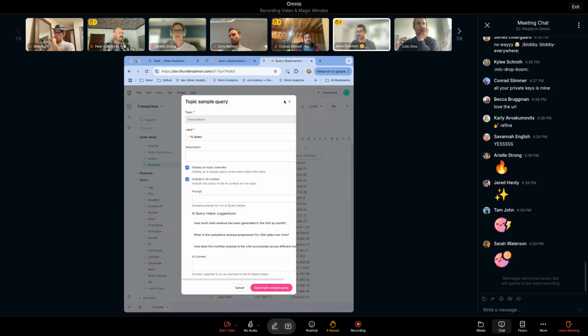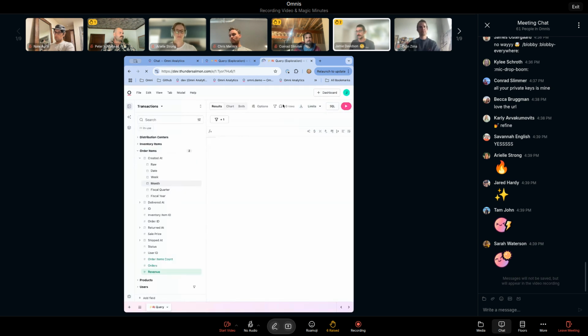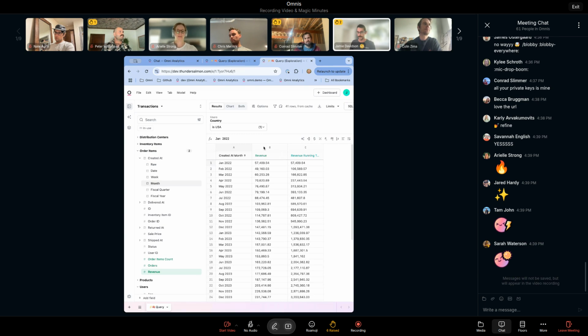And oh, oops, I actually should refresh the page. Sorry. This is not done yet and needs UI help for sure. It's not like a crazy complicated query, but it's monthly revenue with a running total filtered. So